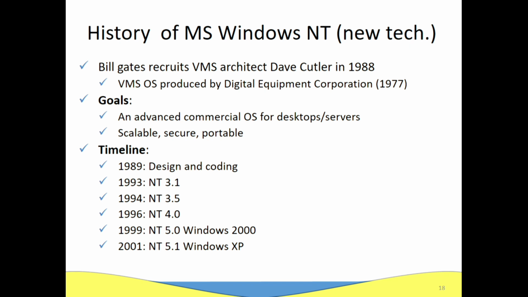VAX in turn was viewed as an extension of PDP-11, the famous mainframe that the first version of Unix was officially released for. Later in 1991, the OS was renamed to OpenVMS to indicate that it is a POSIX system and